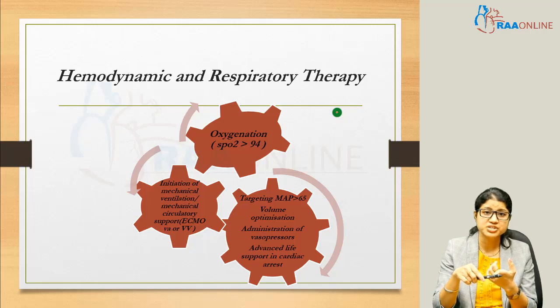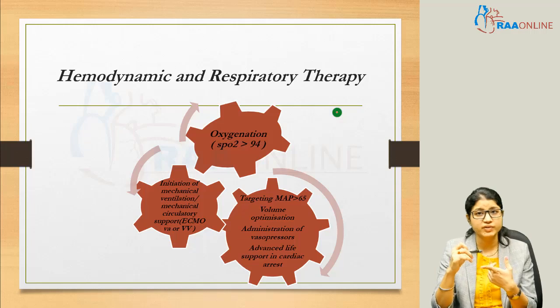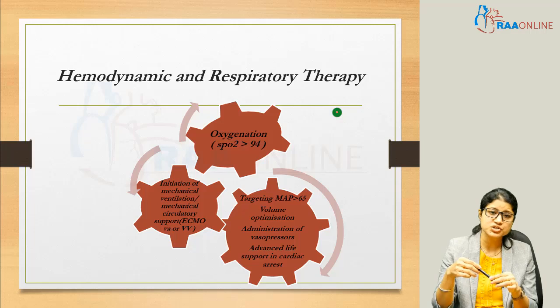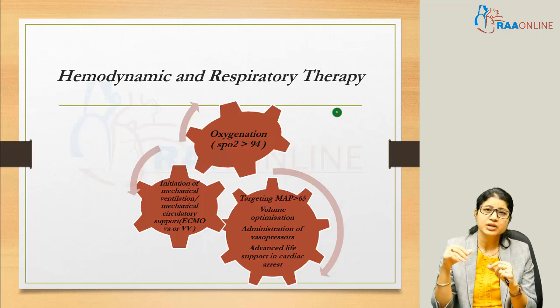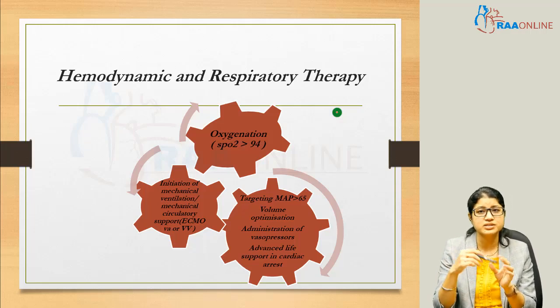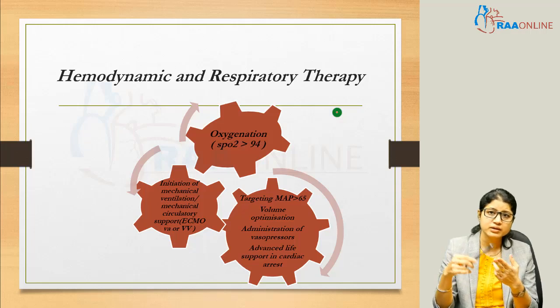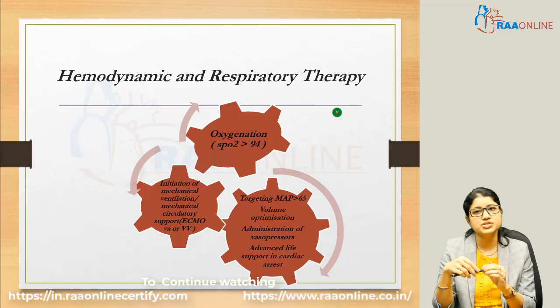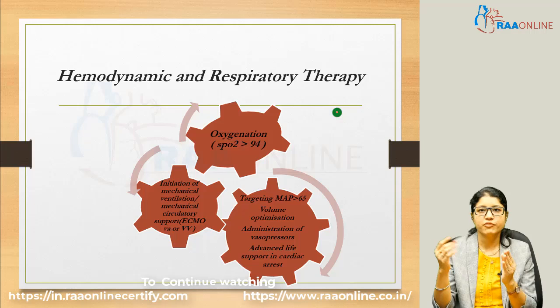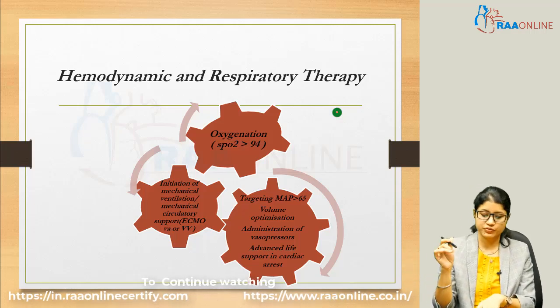Manage your respiration by maintaining a saturation of at least more than 94%, either by giving oxygen through various oxygen therapy devices you have, or initiation of mechanical ventilation. Even after invasive mechanical ventilation, if you are not able to achieve your goals of saturation targets of more than 94%, speak with the patient attenders, counsel them if affordable, and if your institute permits, go ahead and institute a VV or VA ECMO while you make yourself ready for your reperfusion therapies.